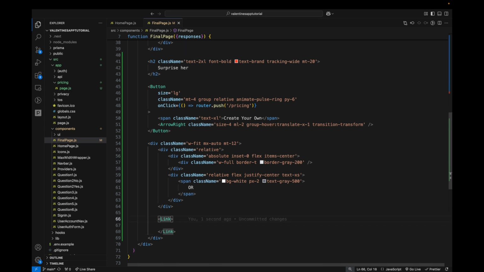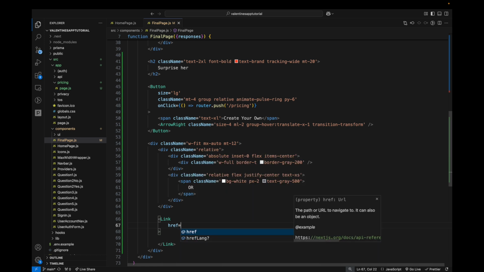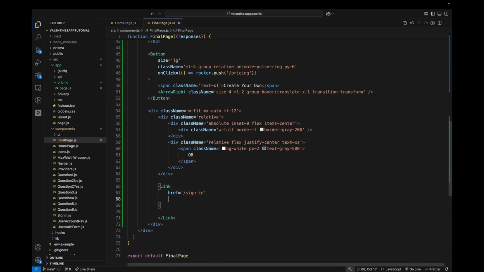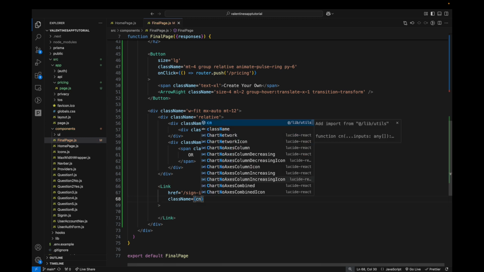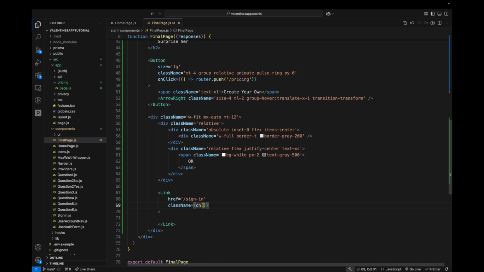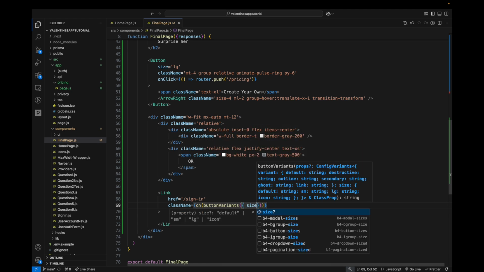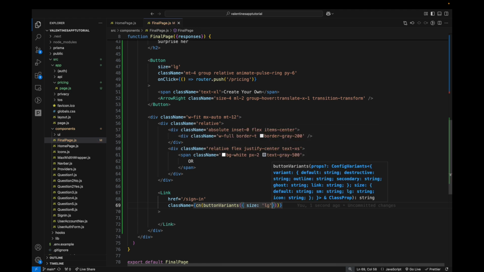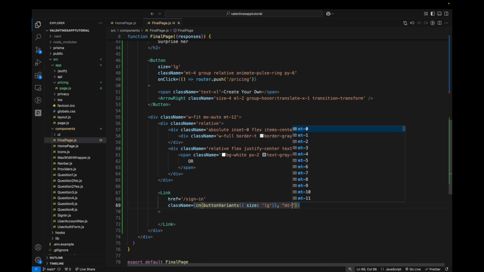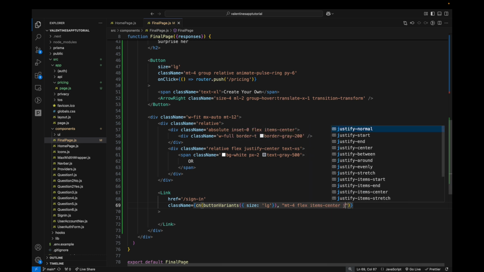And of course we need to give this link an href, and let's call it /signin. Don't worry, we're gonna handle that in a bit. And give it a class name of, and for this class name, let's open that and import our cn from the utils file, and then buttonVariants from /ui/button, and then give it a size of large. So closing curly brace, closing paren, and let's say mt-4 flex items-center justify-center px-4